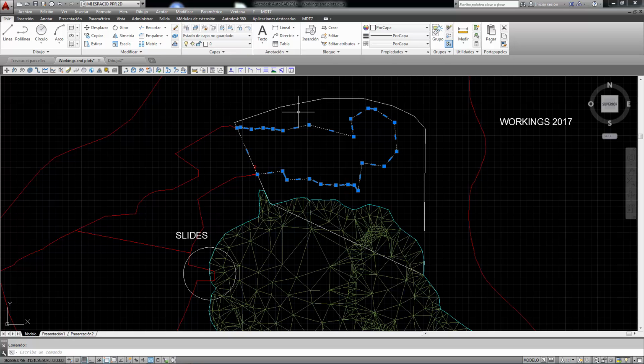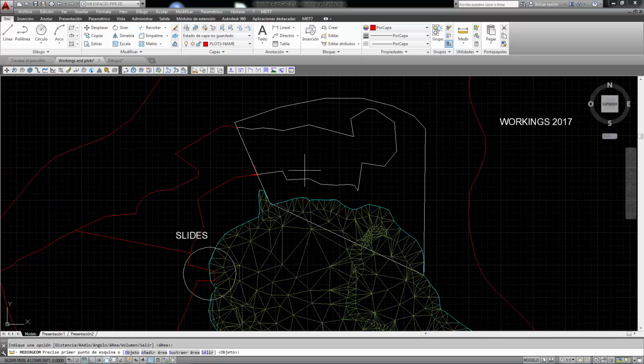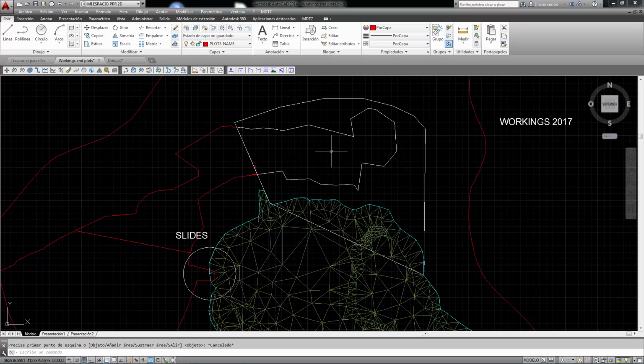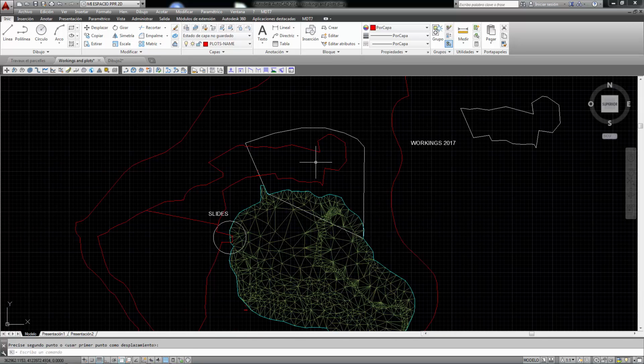Using the MDT Plots Occupation Area tool, we can do this not just for one, but for a series of plots. Hence, we first insert the cell size, which will be the size to calculate the occupation of the plot, whereby the smaller the size, the more accurate the calculation is going to be. Let us use 0.5 for example, and we will then select the polyline that cuts the plot, which would be